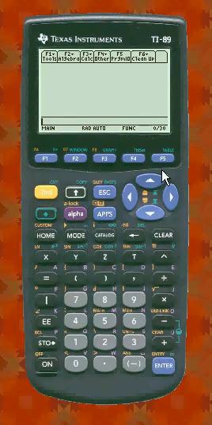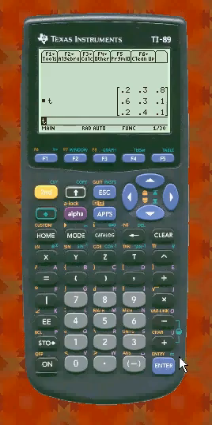Hi, this is a brief demonstration of how to use the TI-89 to solve a linear system and find a reduced row echelon form. In this case, I'll take an example of finding the steady state solution of a Markov matrix I've already defined and stored as T. And there's the Markov matrix right here. And I'll go through the steps on trying to find the steady state using the RREF function of the 89